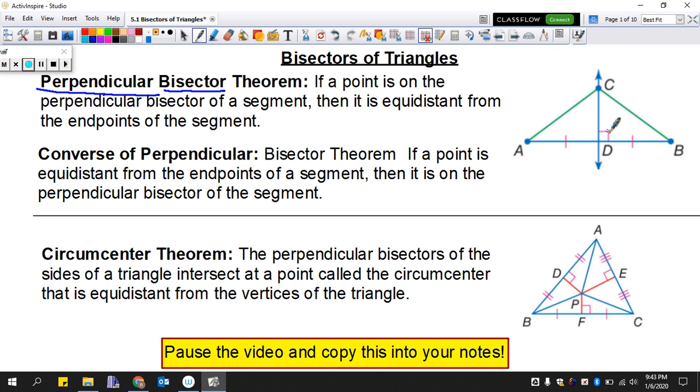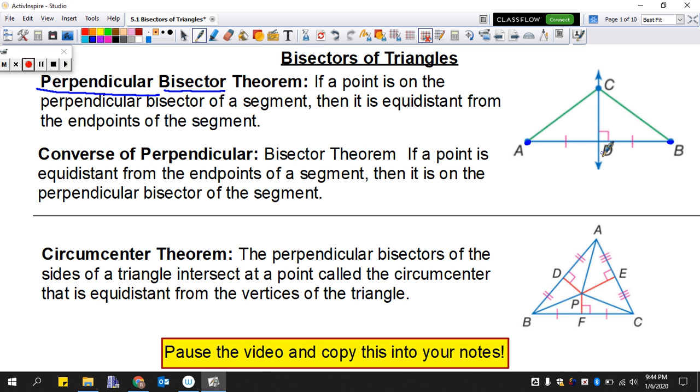The property that we have with a perpendicular bisector is that any point on this perpendicular bisector is equidistant from the two vertices. In other words, any point on line CD is the same distance from A as it is from B. The converse also says that if there's any point on a line that's equidistant from two vertices,